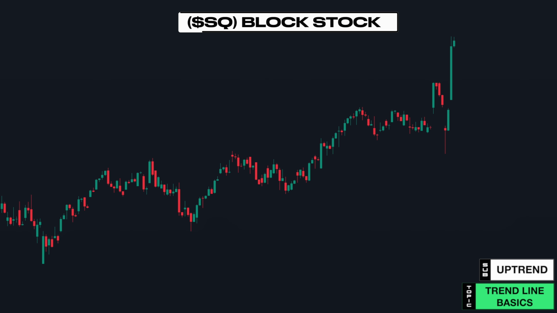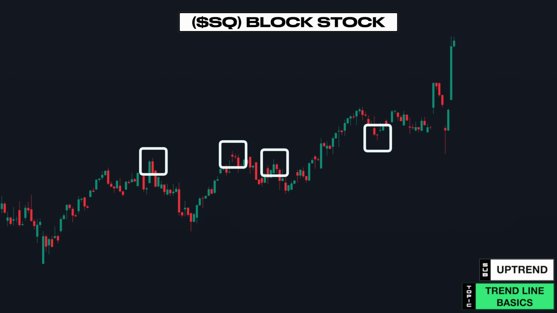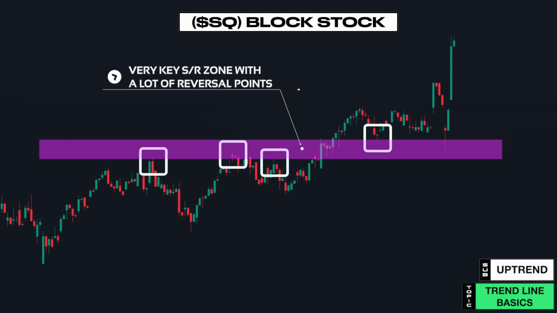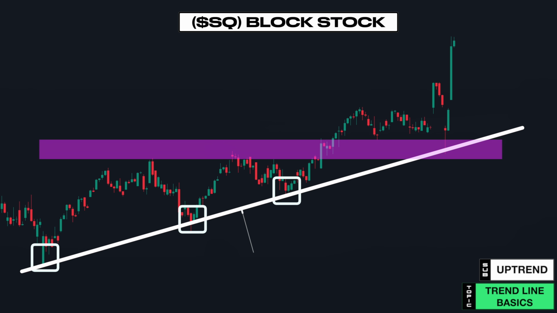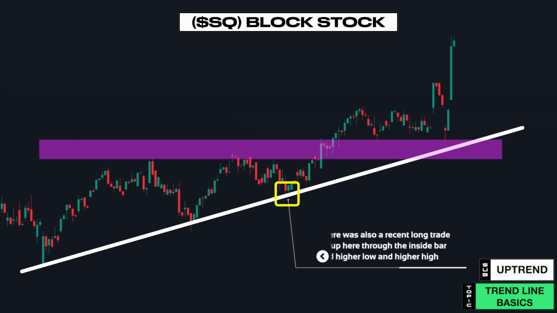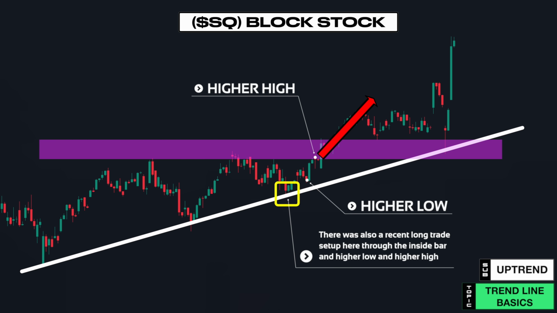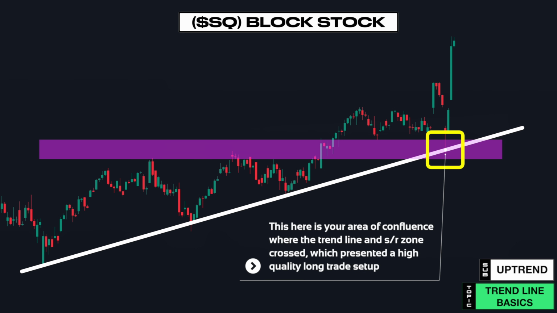This is the block stock long trade we took. You have a moving uptrend, so you want to trade with the trend. These reversal points give you a very key SR zone. These three reversal points give you your very high quality trend line because the more reactions to the trend line, the better the trend line. There was also a recent long trade setup here through the inside bar and higher low and higher high. This here is your area of confluence where the trend line and SR zone crossed, which presented a high-quality long